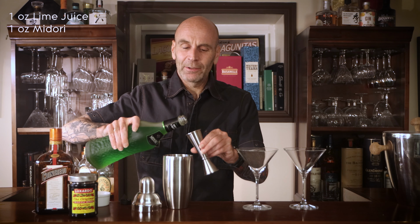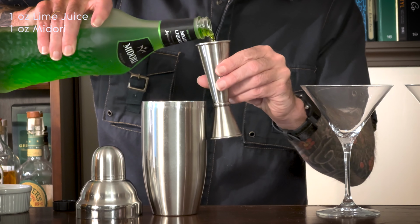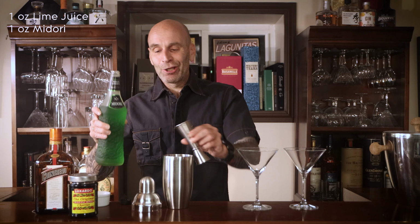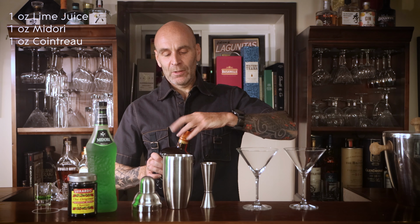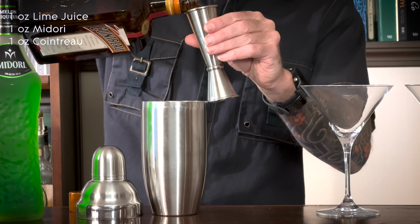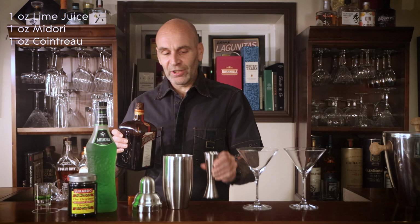That's the lime juice in. I'll call that the cheapest one. I don't know which one's the next cheapest, but we'll call it. Doesn't matter, alright? Okay, well it does, but not between these two. Alright, so it's going to be 1 ounce for each of our electric Midori, electric green melon drink there. Cointreau. And we go. So we kind of got sweet, sour, a little bit more sweetness there as well, but